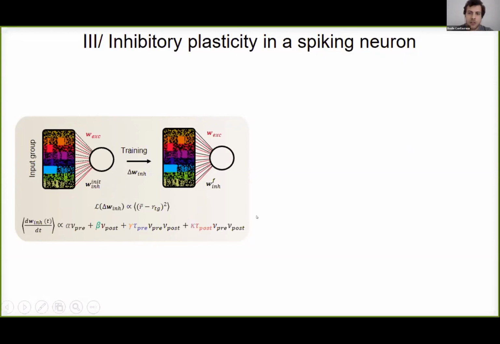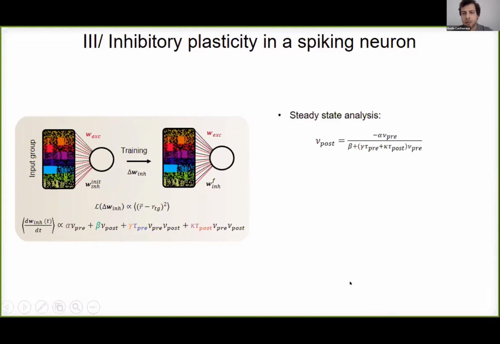The plasticity rule parameterization is now spike-based. This is the change of an inhibitory weight across time. And the first term governs the weight update when there's a presynaptic spike with this alpha term. The same for a postsynaptic spike and beta. And the last two terms are Hebbian terms. So every time there's a postsynaptic spike, how long ago was the last presynaptic spike, and update the weights accordingly. And yet the other way around for the last term. Overall, this is a parameterization that encompasses most rules found empirically.